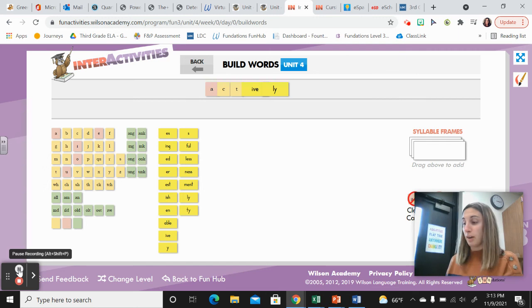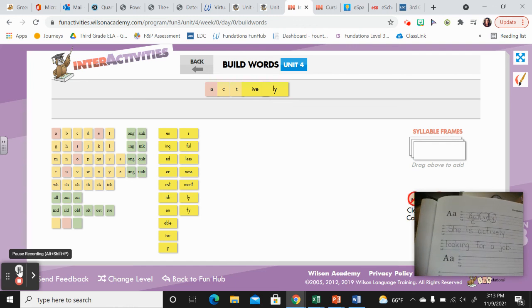Okay, now we're going to go ahead and write the sentence for actively. I'm going to say, capital letter, she. She is actively, we already wrote it. You shouldn't have trouble spelling that. Write nice and neat. I'm writing nice and slow so it's neat. She is actively looking for a job. Don't forget your punctuation at the end. All right, check with me. How'd you do? She is actively